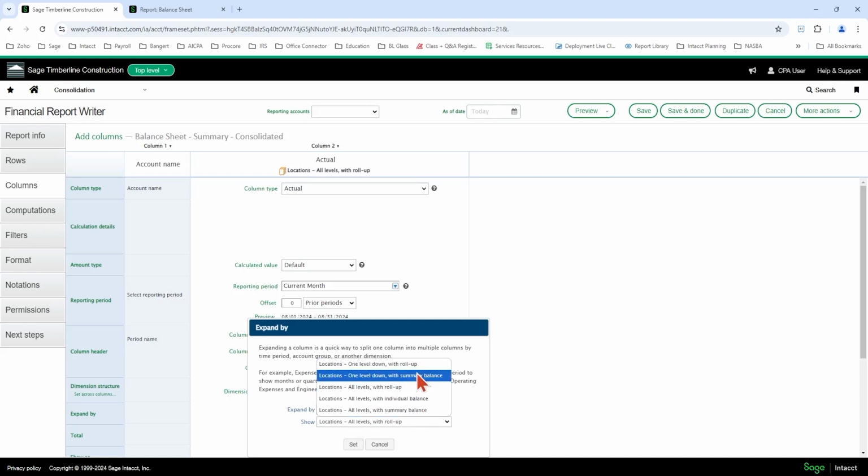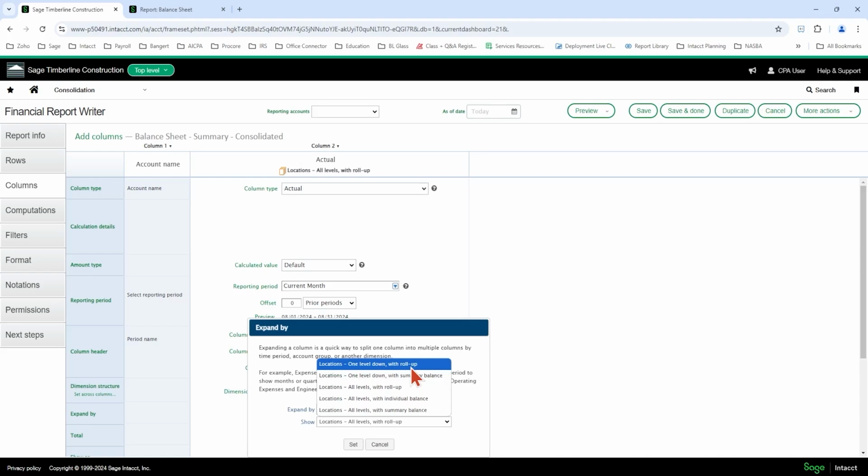Okay. So all levels with roll up is going to expand out my locations, my entities all the way, and it's going to have total columns. The one level down with roll up will expand my entity and my locations in a little more summarized level.